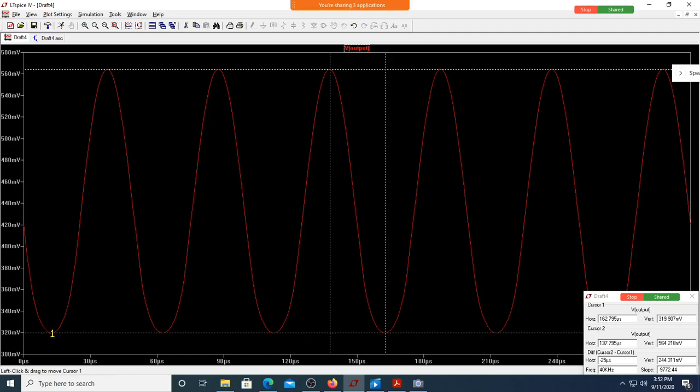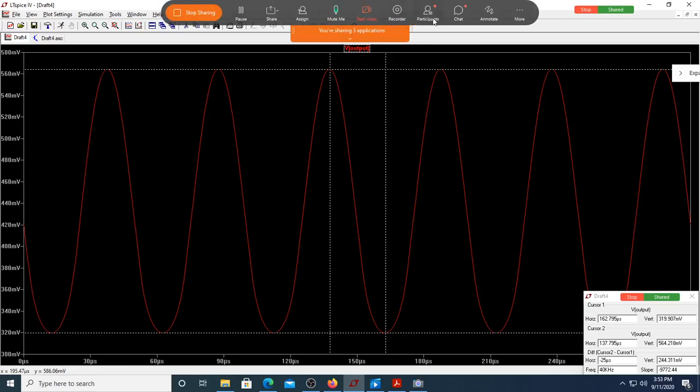Since you can see the amplitude has gone to 320, and the minimum required is 371, it has already entered the linear region. That's why the shape is not there. Whereas here you can see it's a pure sinusoid shape. We will discuss all these things at length in coming classes. Okay, then thank you.